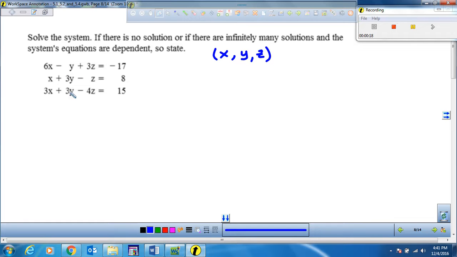So you're going to start using one of the first 2 equations, one of the first 2 out of these 3 equations, whichever 2 you want. You can choose the first one with the second one, with the third one, or the first one with the last one. It doesn't matter. I'm going to choose to use the first 2 just because, not for any particular reason. So you write them one underneath the other,